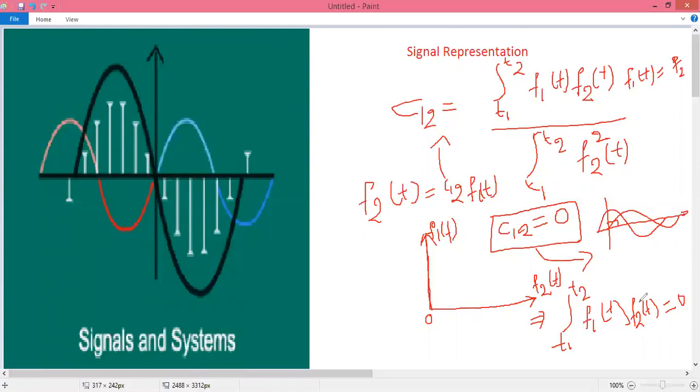If not, those are not orthogonal signals. If the integral of f1 of t f2 of t is 0, then both signals are orthogonal. If not, then they have a correlation coefficient C12, so we need to substitute. In some cases,